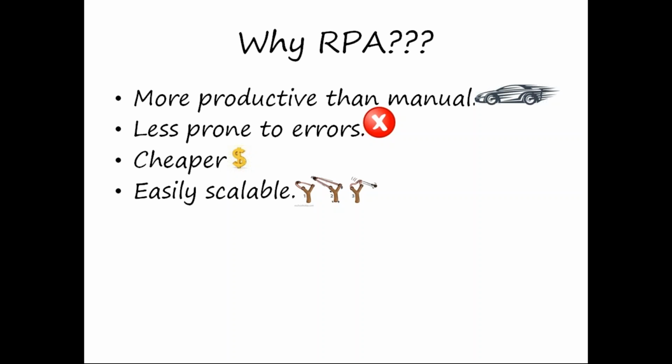So I can jumble up the things. Third thing, cheaper. Why is it cheaper? When we are purchasing a license and machines are working, it might look like it's taking more money because you are investing in developers and IT, but finally you are removing those manual people. In terms of BPO, you will say that you are saving FTEs. So whenever you ask a machine to do something and you remove those manual people, you are saving